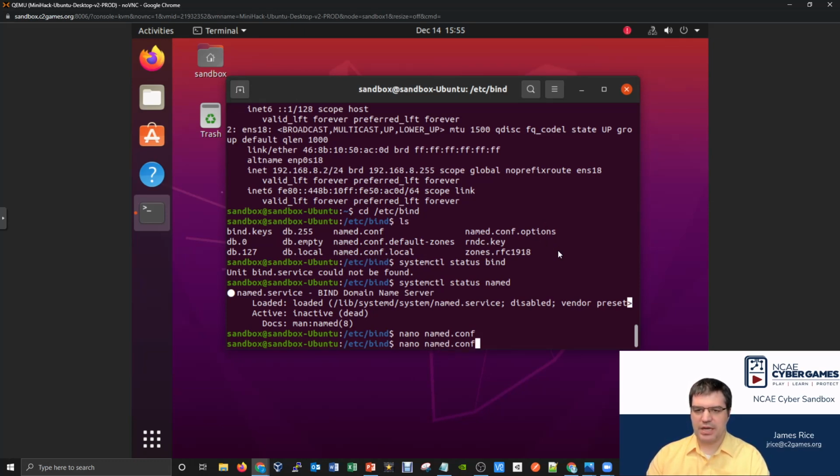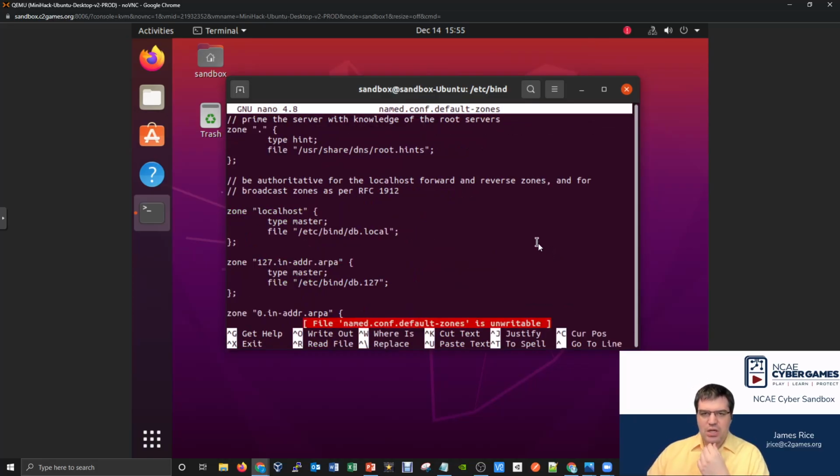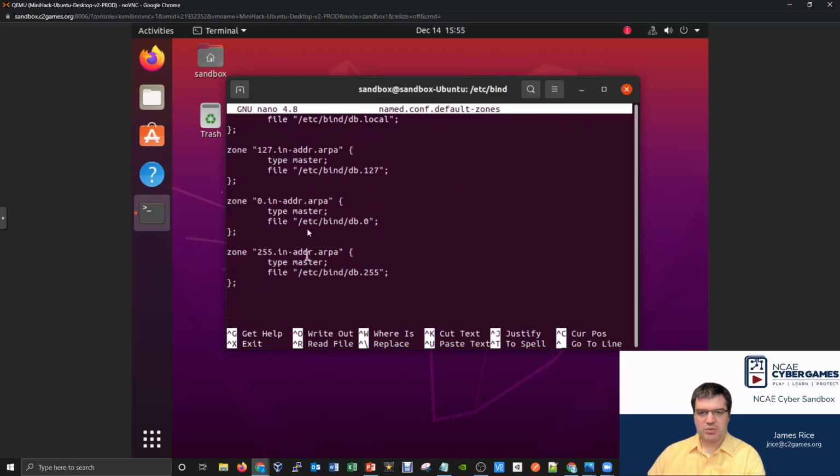So if we do a named.conf, and then maybe I'll take a look at the first one, default-zones, you can see there's some information in here. Prime the server with knowledge of the root servers, localhost. We've got some information in this one. It goes down a little ways. You'll notice it even starts to reference some other files in here. I haven't gone over exactly what all these lines mean yet, but you start to notice